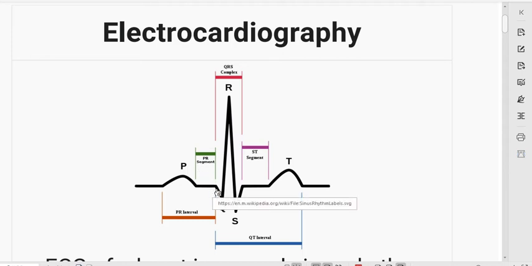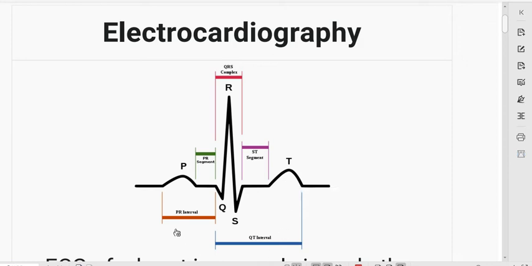As in ventricular muscles, first there is a QRS complex and after that there is an ST segment showing that all ventricular muscles are in depolarized form. That's why there is zero potential, a straight line. And after all muscles remain in depolarized form, there is a T wave showing ventricular repolarization. It is in a positive direction. Why? We will discuss in our coming lectures.